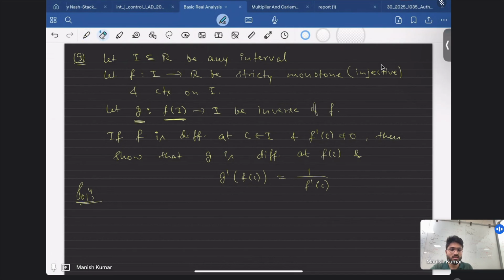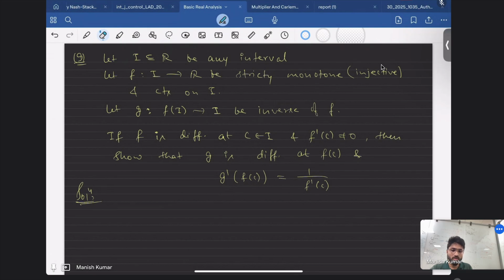Sir, when you say any interval, it means you are taking open interval, no, sir? I mean it's true for even closed. Okay, it's true for closed. Okay, sir. Yeah, it should not be any problem. Okay,